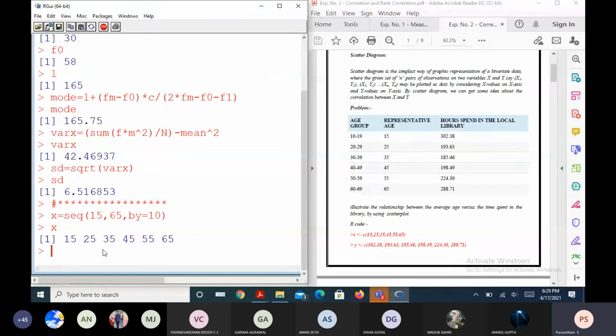So Y values: 302.38, 193.63, 185.46, 198.49, 224.3, 288.7. I just added the data.